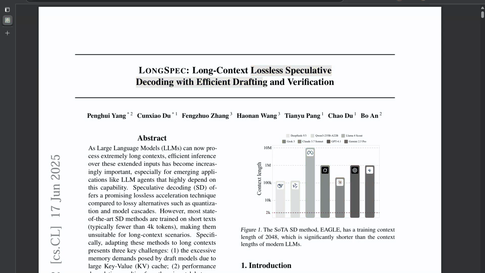That's right. And today we're really focusing on one specific paper. It's called LongSpec. Long context, lossless speculative decoding with efficient drafting and verification. So our mission really is to unpack why the current best methods for speculative decoding, the ones that work great for short texts, kind of fall apart when you try to use them for really long sequences. And then we'll get into how LongSpec uses some, frankly, very clever new ideas in its architecture and algorithms to